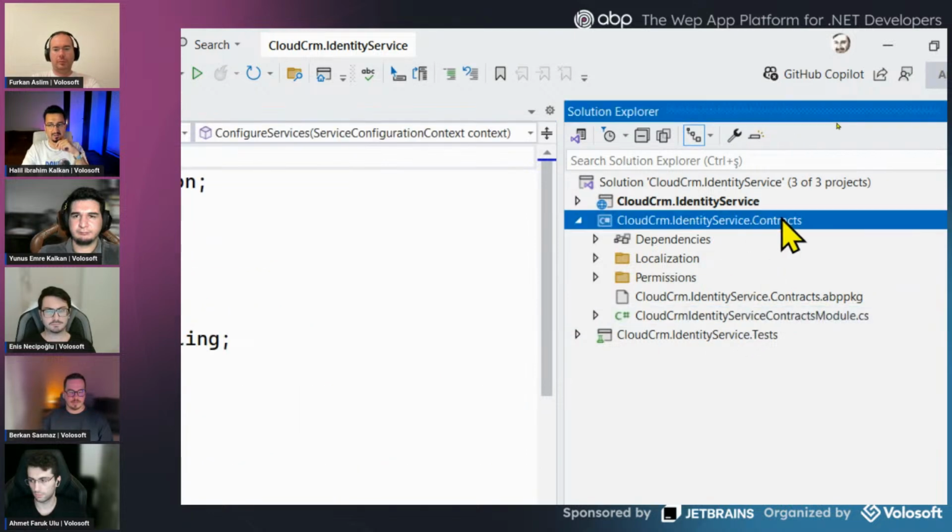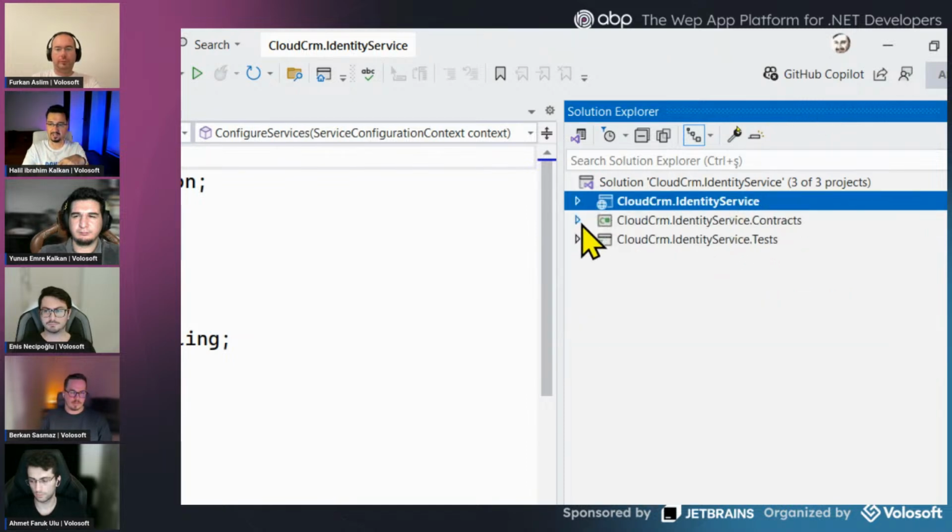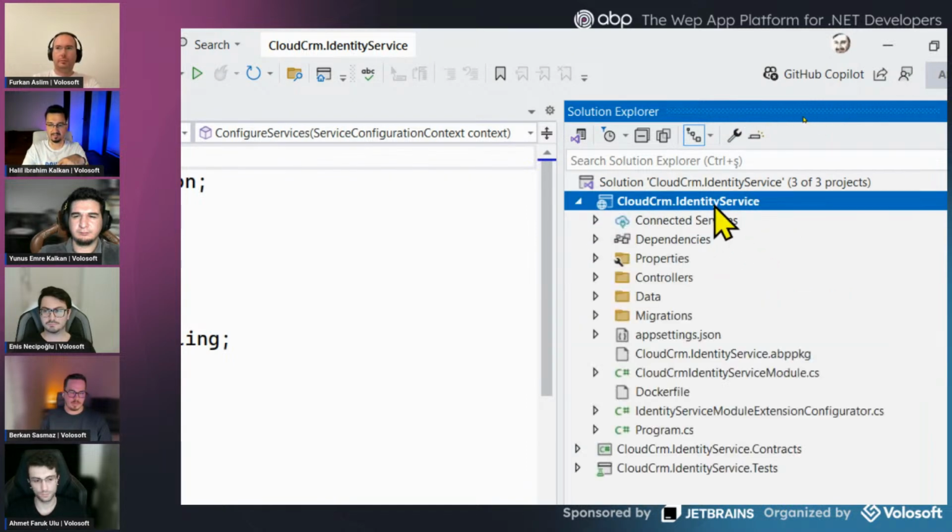Contracts package normally contains interfaces of your application services, and the normal project, like identity service project, is the main application. Actually, it has everything, like hosting your application. It can contain your entities, application services, APIs, database migrations and integration, everything included in a single project. That means this